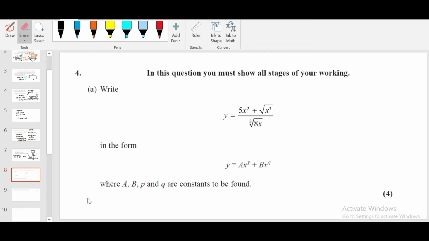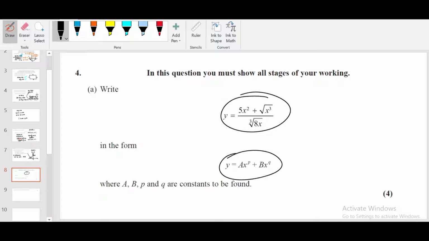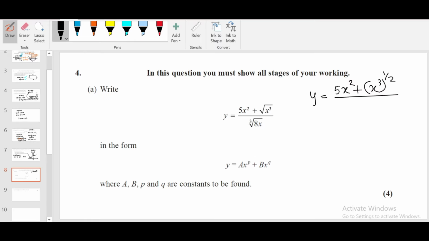Question number 4, part A is from chapter 1. You need to apply laws of indices to write this in this format. So it's basically y is equal to 5x squared plus square root of x cubed. You can write it as x cubed power half, divided by cube root of 8x. You can write it as 8x power 1 over 3. Cube root is power 1 over 3, right? Which is equal to